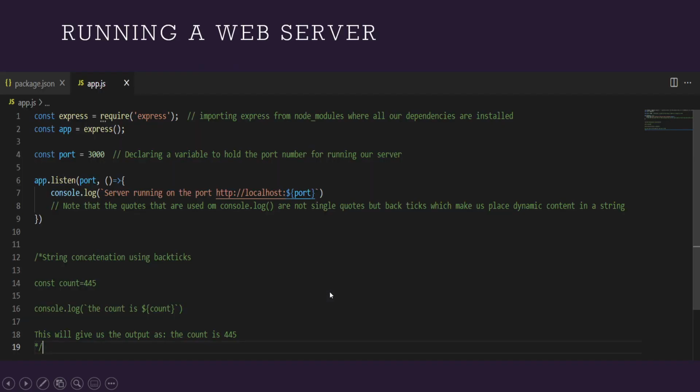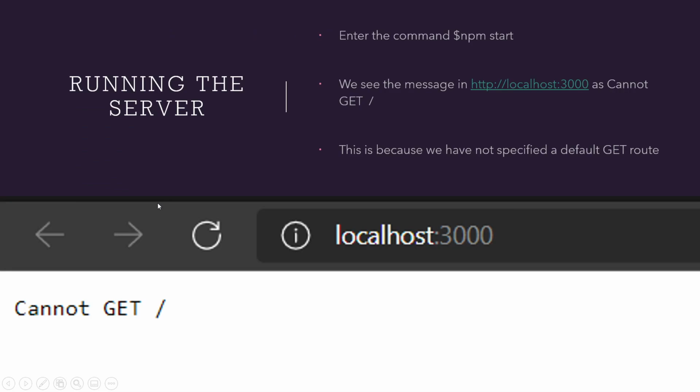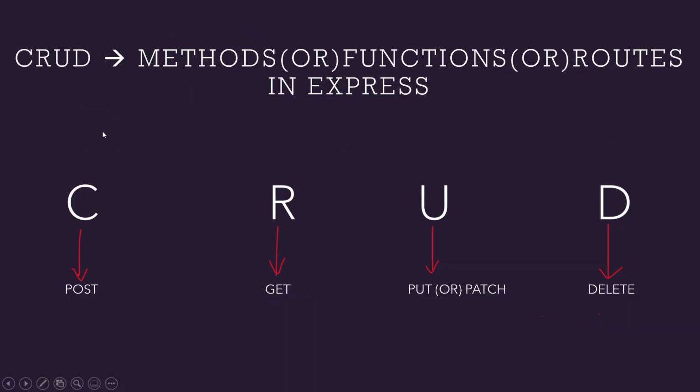I have placed some code. For the CRUD operations, I forgot to mention this. Create is called the post method, read is called the get method, update is put or patch, and delete will be delete.